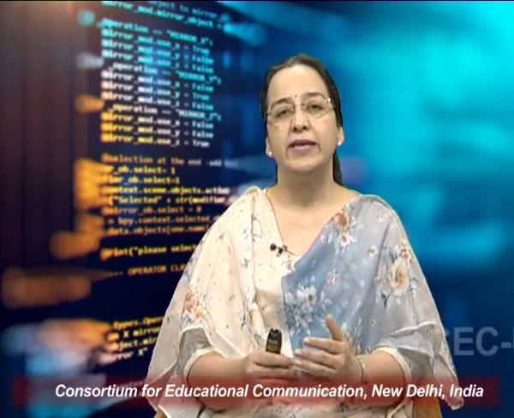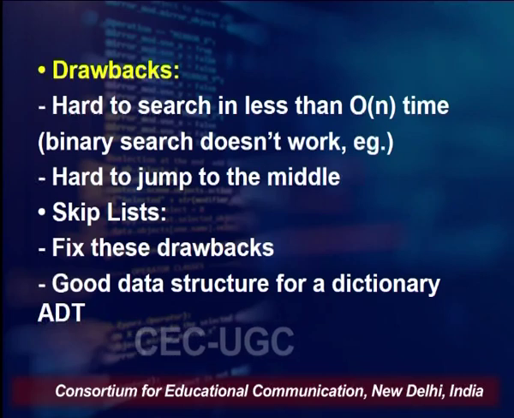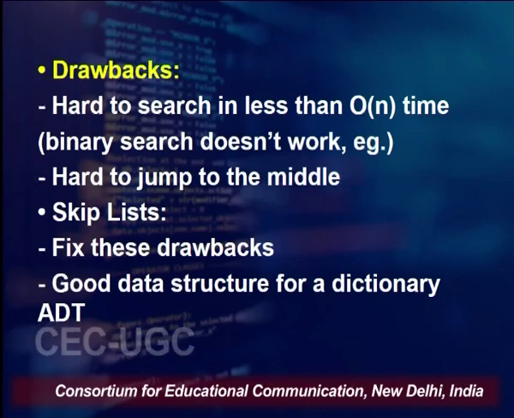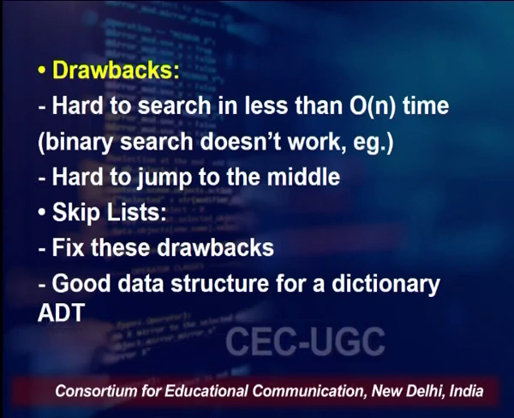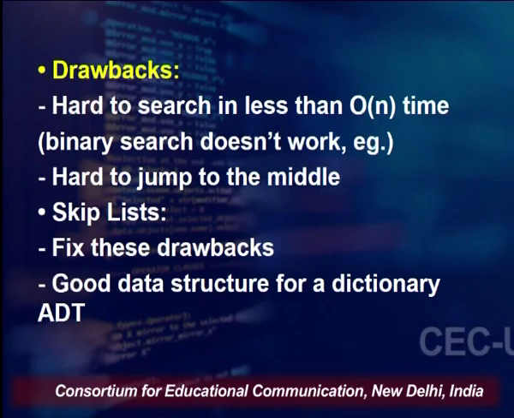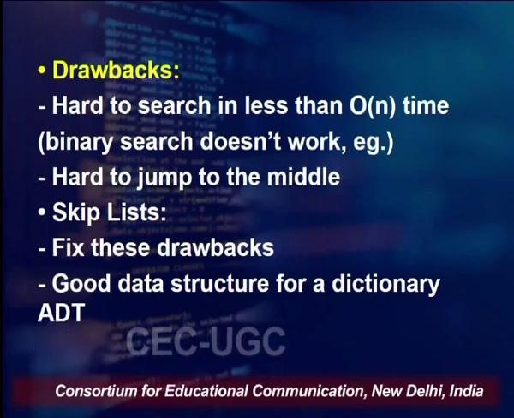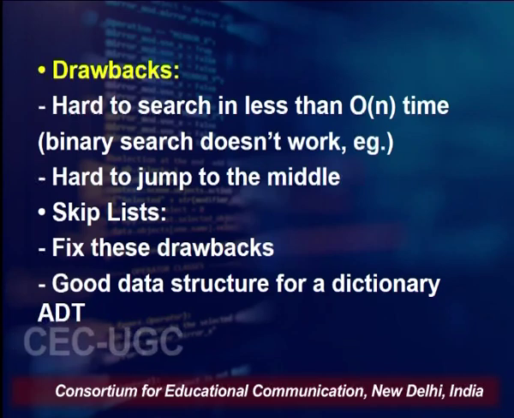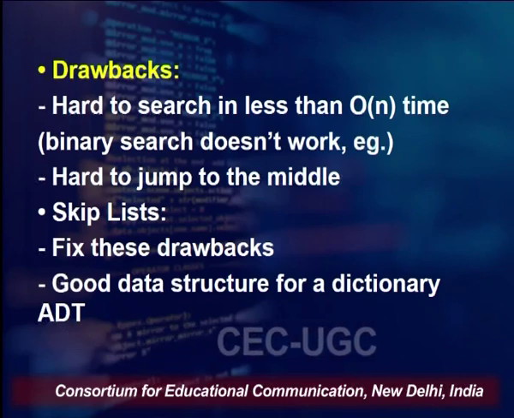What are the drawbacks of this linked list? If you are trying to search for a particular element, it is hard to search in less than order n time. Order n time will be required for searching, because I am not taking a scenario which is a sorted list. So binary search is not going to work here unless your data structure is in sorted form. And because binary search is not working here, and there are no indexes, it is a linked list connected with the help of pointers, so it is hard to jump to the middle also. Fine. So we have